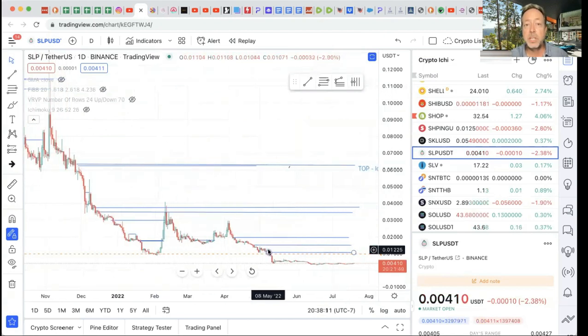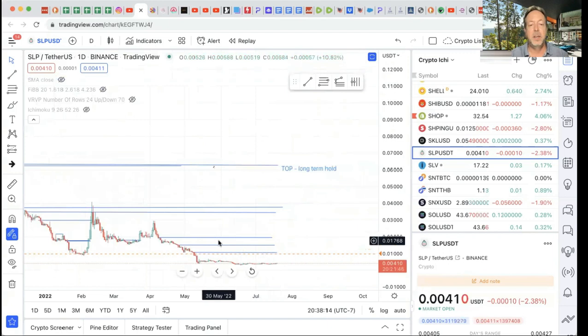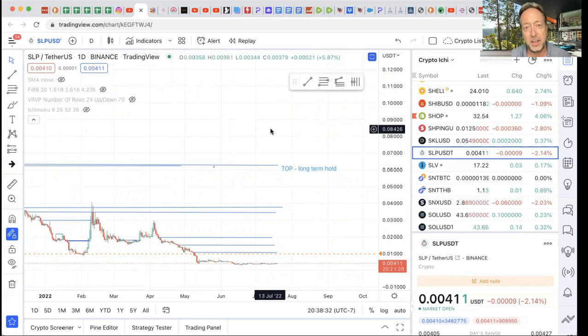So this is kind of what I'm seeing here. I'm going to explain this to you guys. Okay. So we're down here. We're just kind of lingering down in this area here, and it dropped down here in May and it's just kind of bouncing. It's lingering, but everything's down right now. All my coins are down right now. I have a lot of money in crypto, a lot of money in stocks. It's down. One of my neighbors told me that he was down 300,000 on his stocks. So it lets you know that this is a global thing going on right now, but I'm still holding. I'm hoping something comes around. That's all I can do.